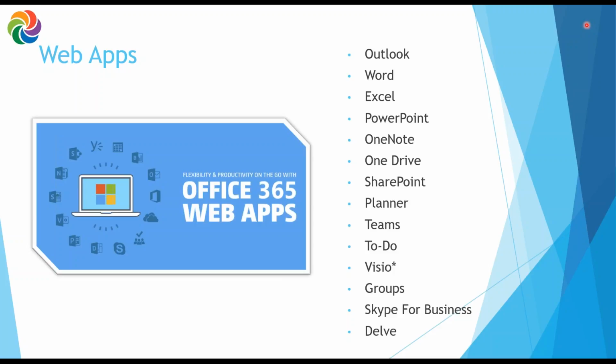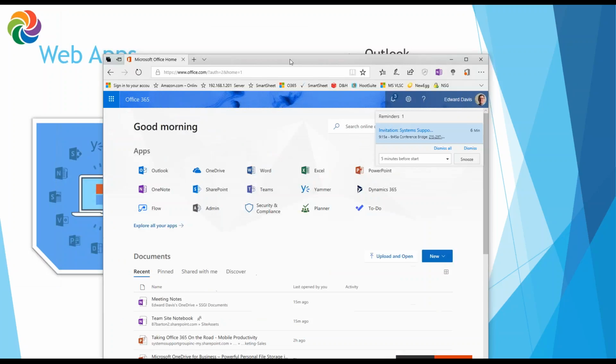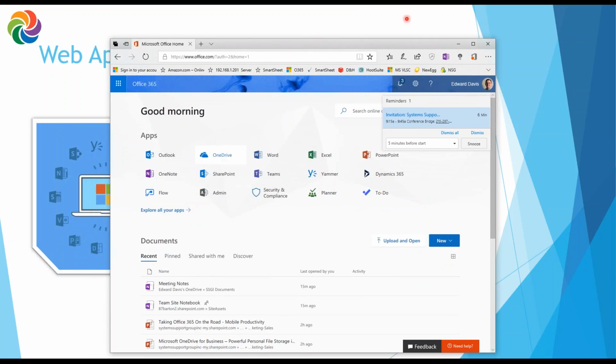And again, we're not going to get into detail of any of these because we just don't have the time, and I want to concentrate mostly on the actual mobile apps. So with that, I'm going to bring up my,